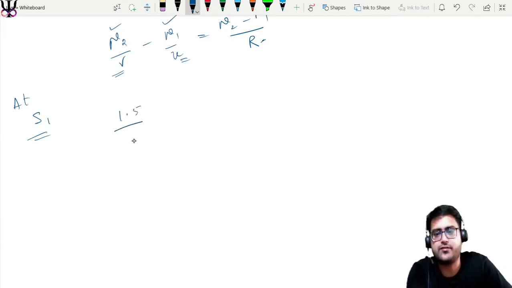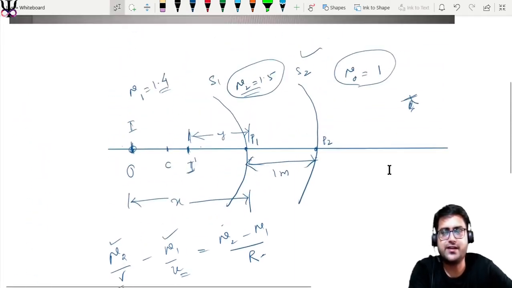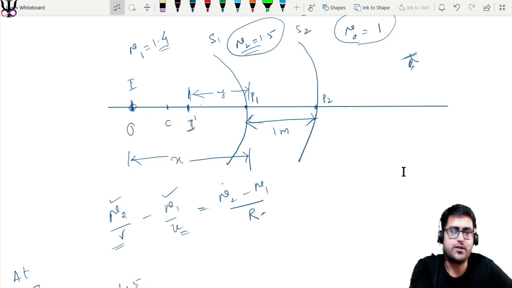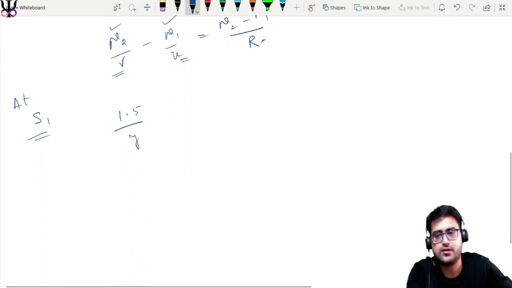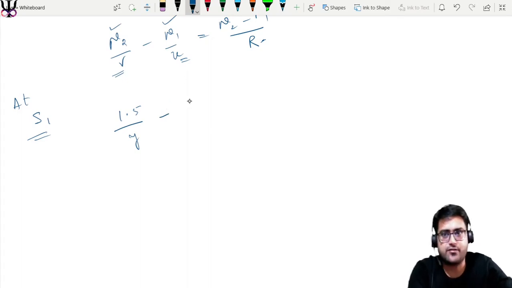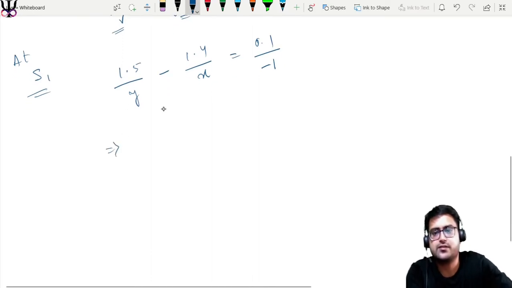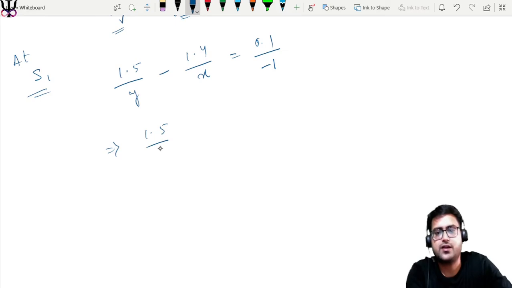1.5 divided by v. What is the image distance, which is the intermediate image, right? That is minus y, isn't it? Sorry, it's y actually, because whatever the value is, the image distance, we just take it as y. So it's going to be y minus, be careful and don't use the lens maker formula. Okay, so it's going to be 1.4 by, we take x, which is 1.5 minus 1.4 is 0.1. What is the radius of curvature for S1, which is 1, but taking sign convention, it's going to be minus 1. If we simplify this, it's going to be 1.5 by y